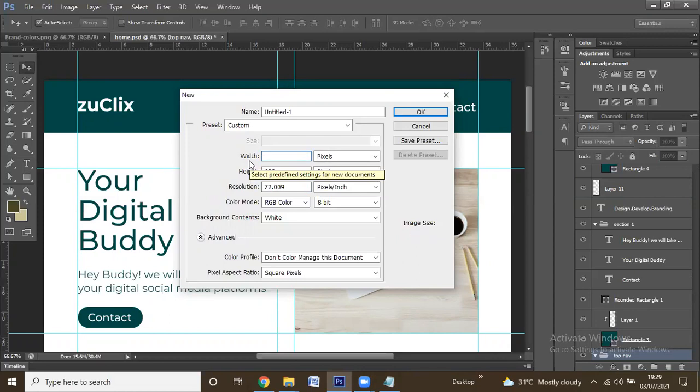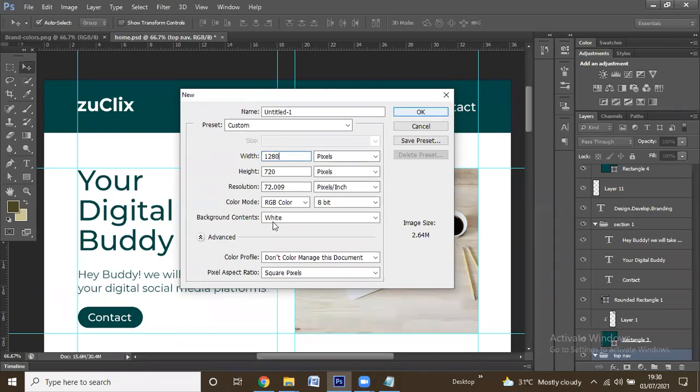For example, I would like to make a Zoom virtual banner, so I have to give 1280 by 720. Based on your requirement, you have to give the size either in centimeters, inches, or pixels. For example, you are going to make one big flexi to put at the gate of ITAM or any other college. Based on the print requirements, you have to give the pixel or centimeter size. Like that. So let's take an example with 1280 by 720.